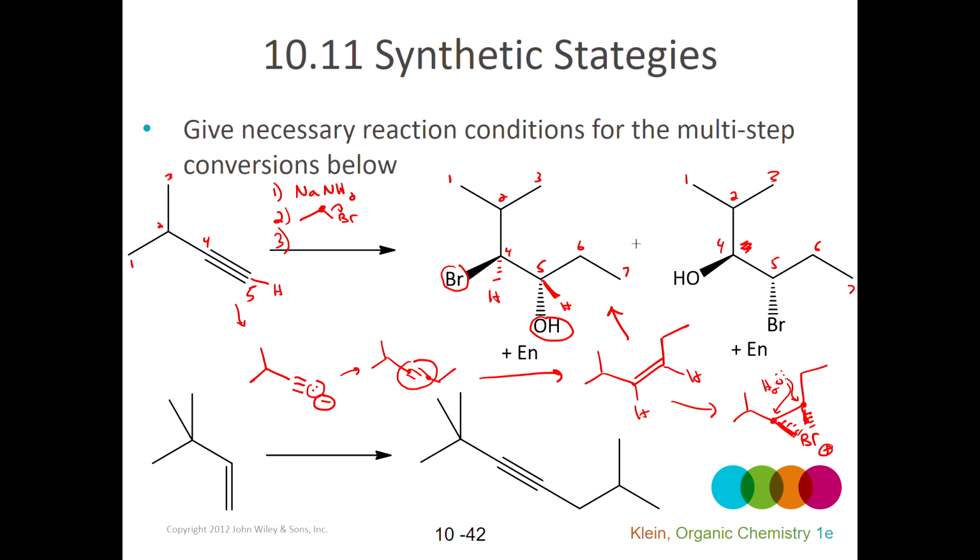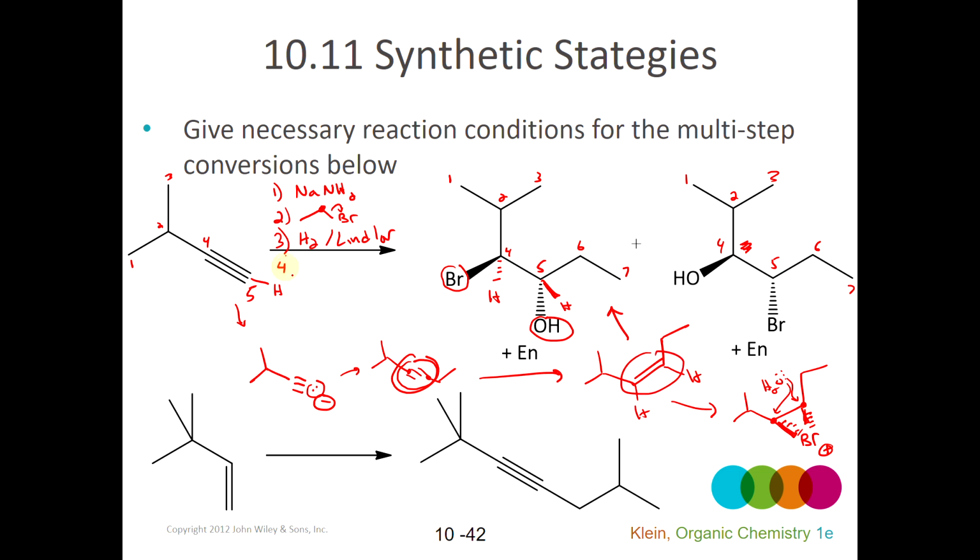So in order to get the three-membered ring forming and the water coming in from the opposite side, I have to keep the carbon skeleton in this cis arrangement. So that requires me to use H2 and the Lindlar catalyst to go from the alkyne to the cis alkene,